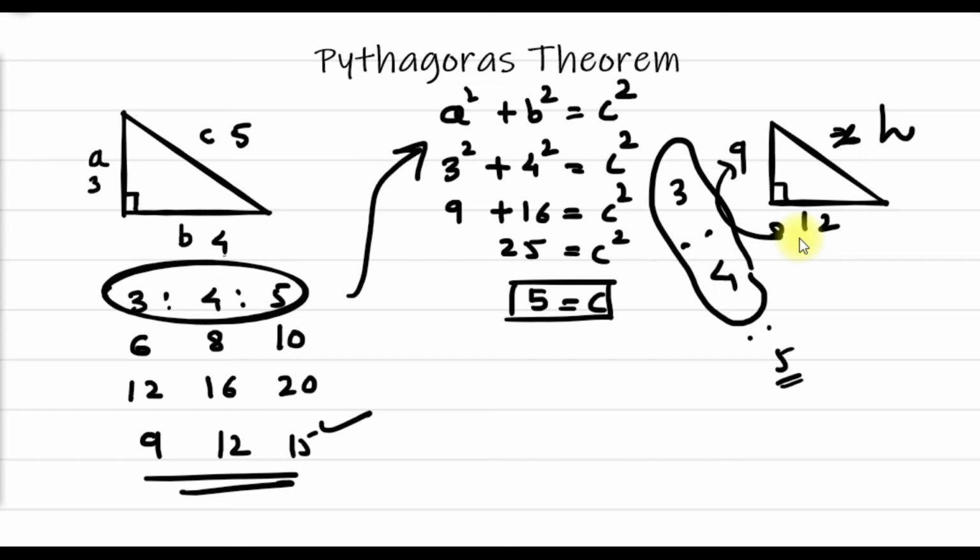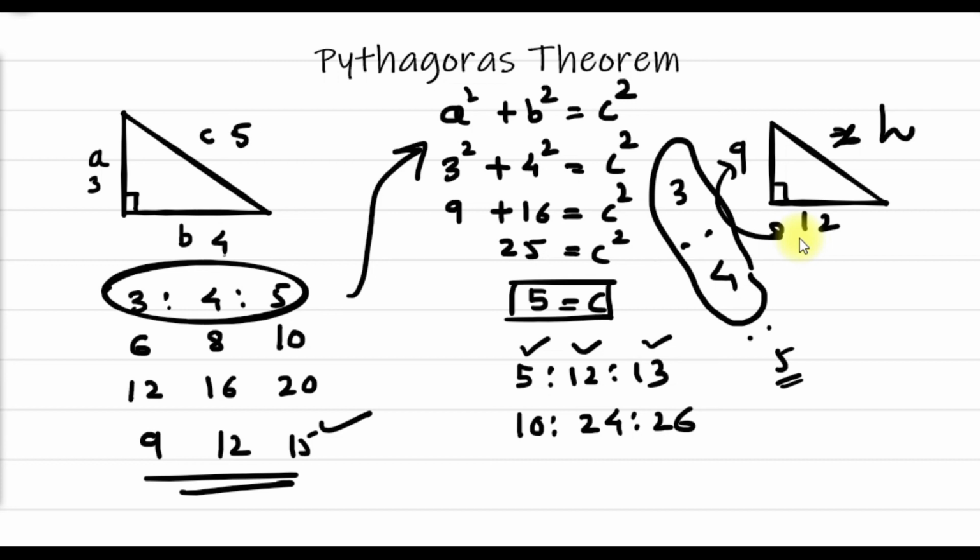Now this is not the only triplet. I will show you one more triplet. Again, these numbers were part of the popular examples in school. The other triplet is 5:12:13. You can cross check: if you square 5 and 12 and add them, that gives you 13 square. So it's a Pythagoras triplet. Anything in this ratio will also be a Pythagoras triplet, such as 10, 24 and 26. If you know these numbers, they will help you a lot to sort out the examples faster.